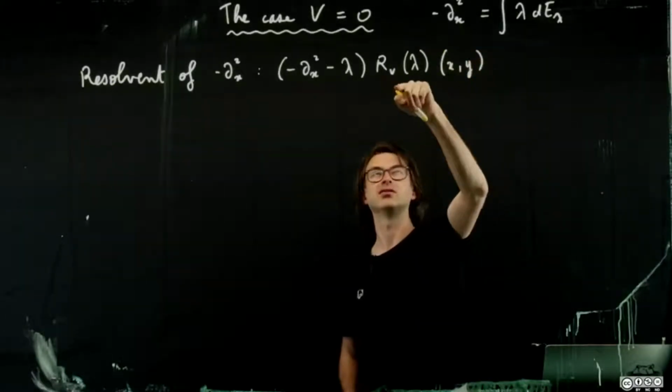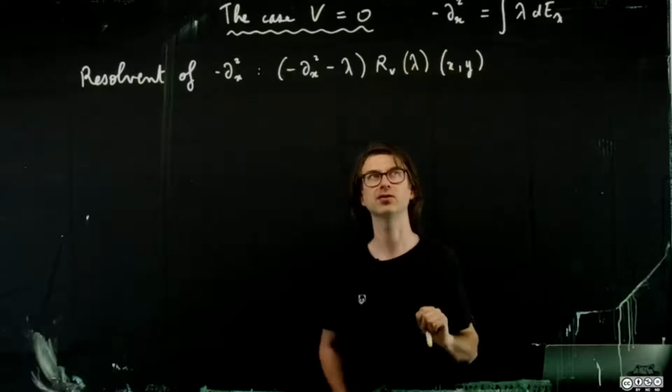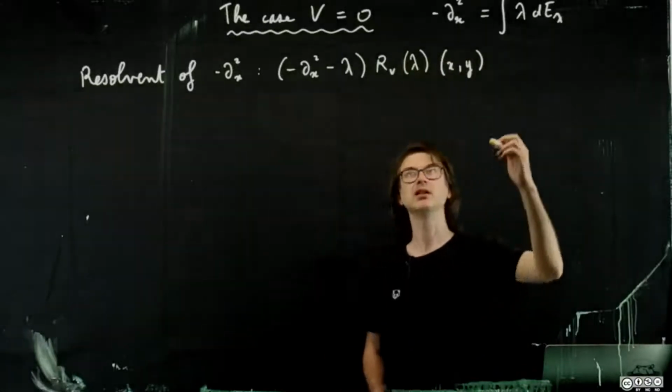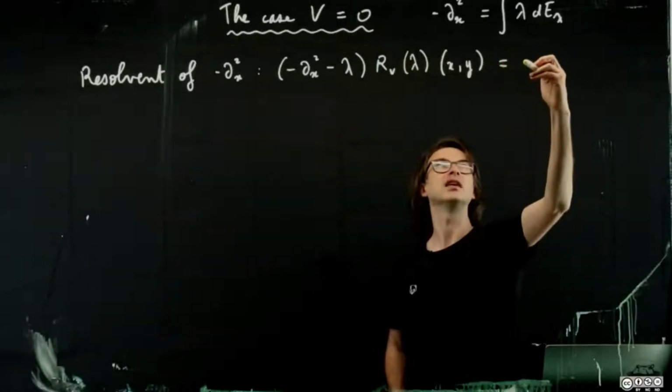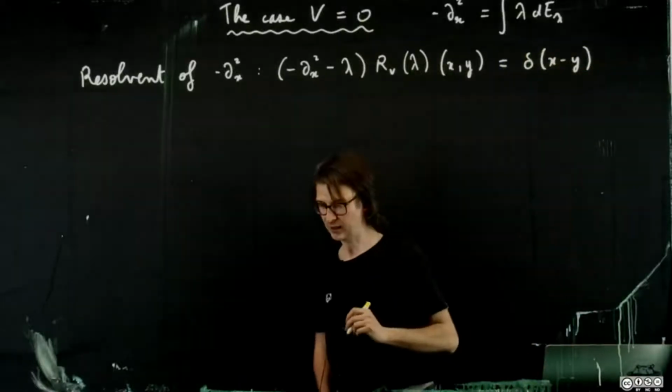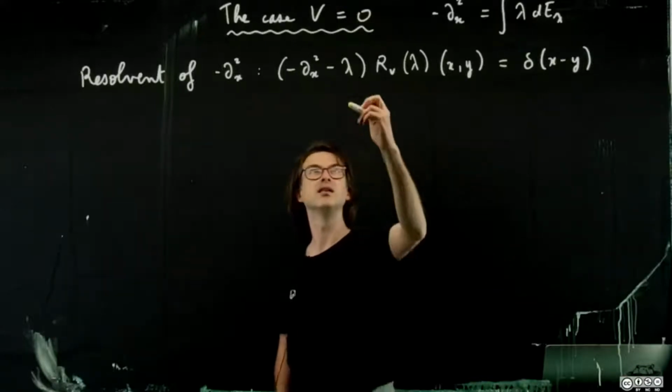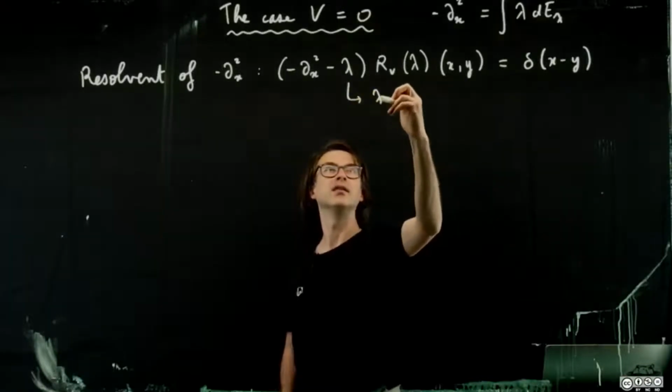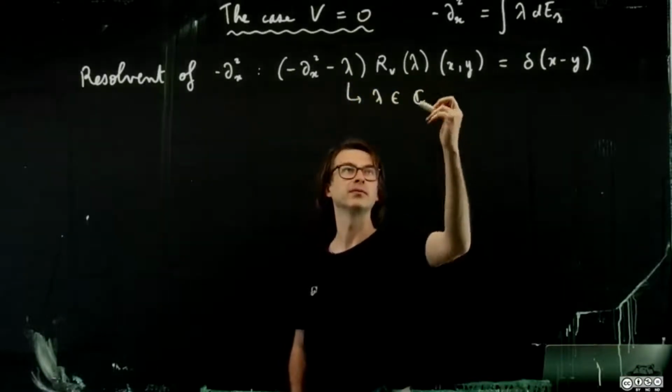Okay, so this is rather the kernel of the resolvent. This should be delta of x minus y. And here lambda is a complex number,